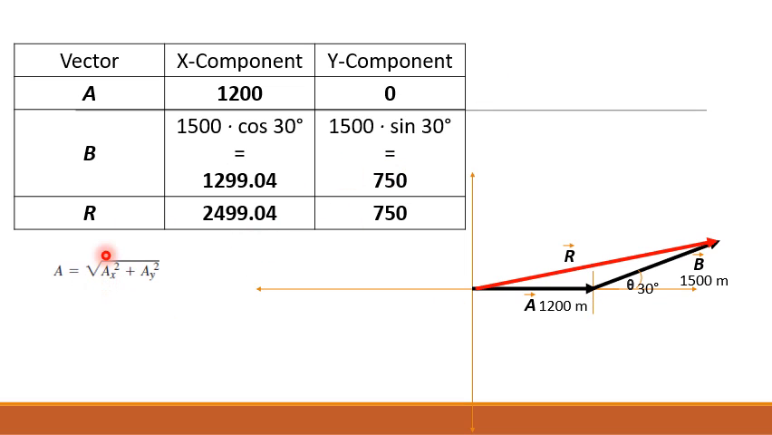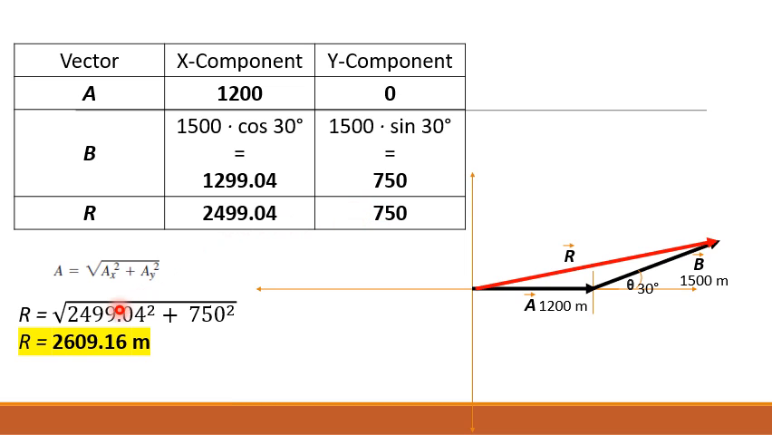So to get the resultant, we have to get the square root of the sum of the squares of the components. So that's 2,499.04 squared added to 750 squared. Get the square root of the sum of the squares. The answer is